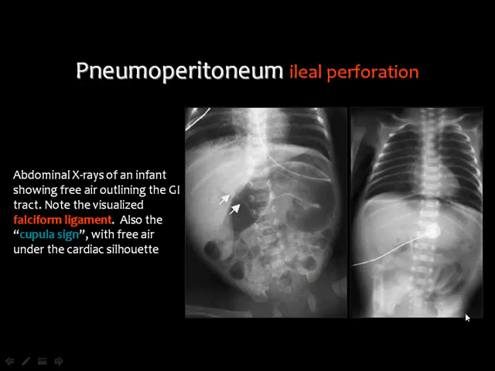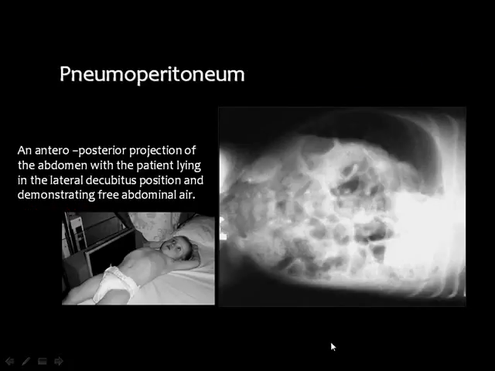Then if you would like to diagnose free air in the peritoneal cavity, there are some signs. Number one is the delineation of the falciform ligament by air. This is one of the signs. Number two is what is known as the continuous diaphragm sign. Air inside the abdomen will enable you to see the whole diaphragm, especially the segment which is below the cardiac shadow. Then if you are in doubt, you can have this cross-table view in order to see abdomen air